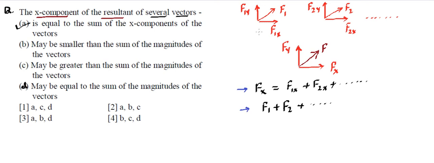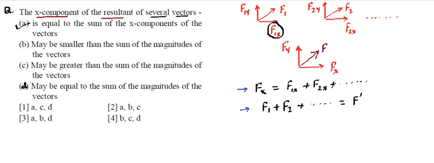For instance, let's say this is F dash. Since this is not the vector sum, this is simply the sum of the magnitudes we are talking about, and we need to compare this Fx and F dash, which one is larger. So B, C, D are all dependent on this comparison, the sum of the magnitudes of vectors. So this comparison is very important. Now this F1 is a full magnitude, this is a magnitude, this is a magnitude, and they are the components. We know for any vector, the component is always less than or equal to the vector. This component can never be more than the vector itself.